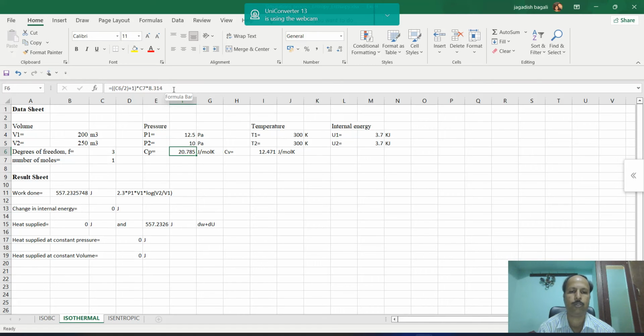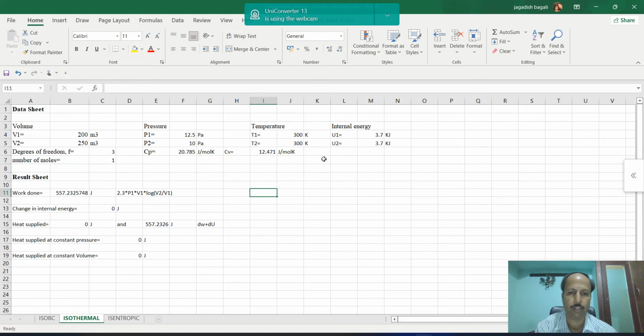If you put all these things in, you will get that Cp value is 20.785 and Cv value is 12.471.